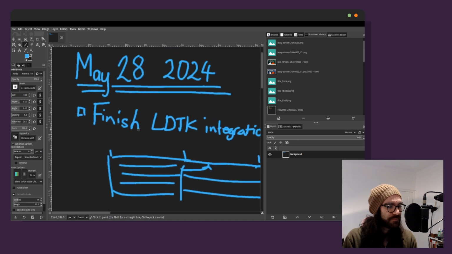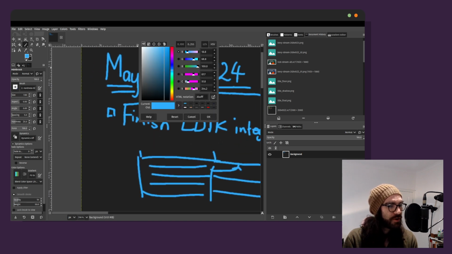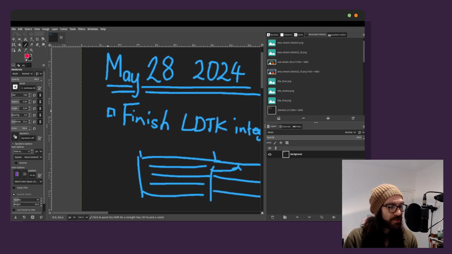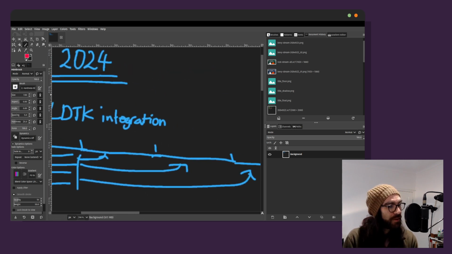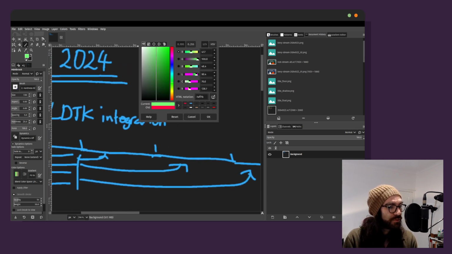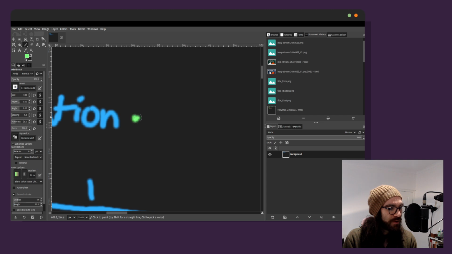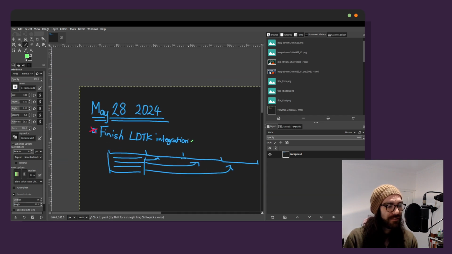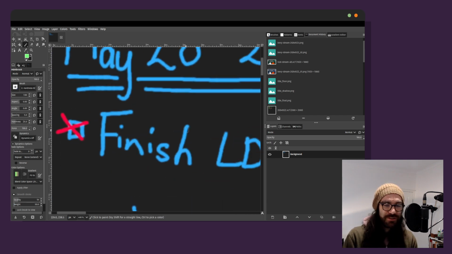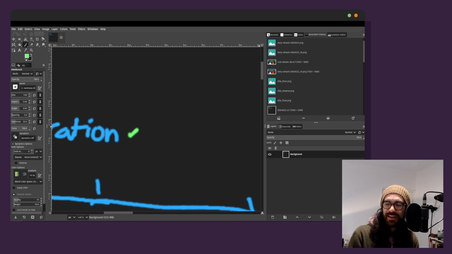So look, did I finish it? No. Did I make a hell of a good job at it? Yes. So we're gonna put a cross there because I didn't do it, but I'm gonna give myself a very small green tick, like a really, really small one, because I kind of did it, right? So this is the official grade, but just for my sake, I've got a nice little check. Anyway,